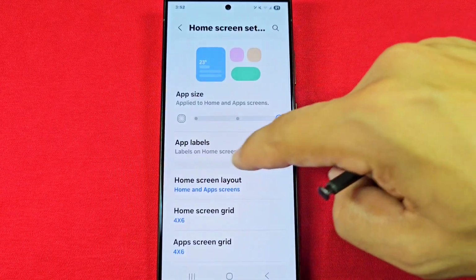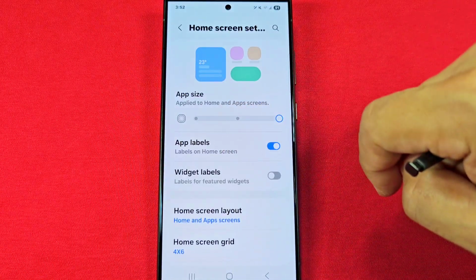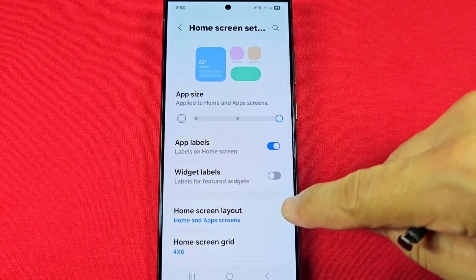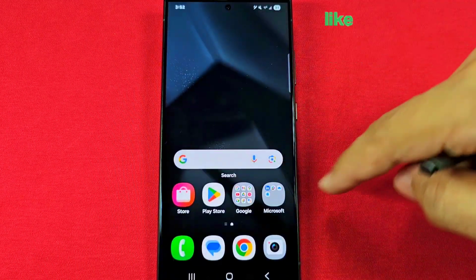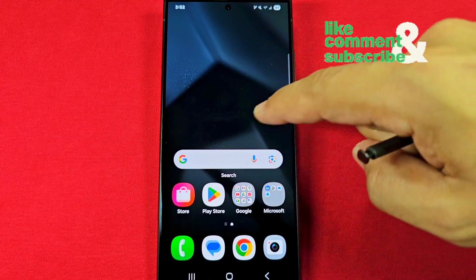So coming back here again, we'll come back here and turn this on, and then you'll also get the option for the widget labels as well. Widgets are going to be those that have like the search bar and a few others that you might have